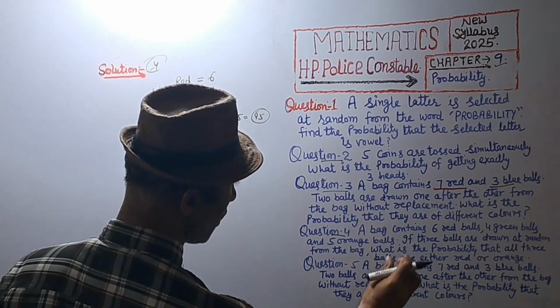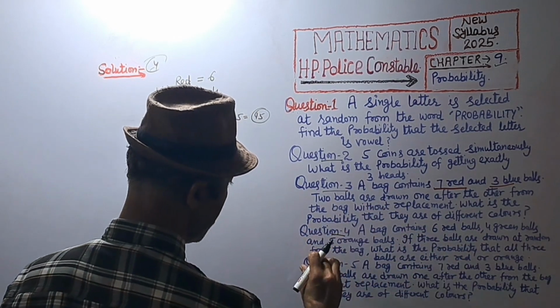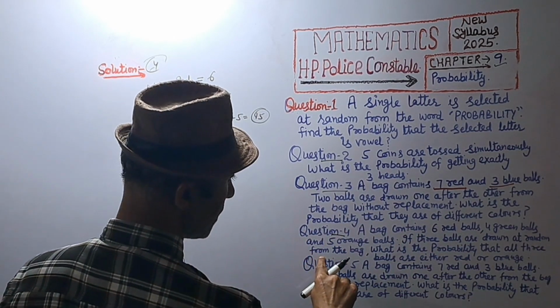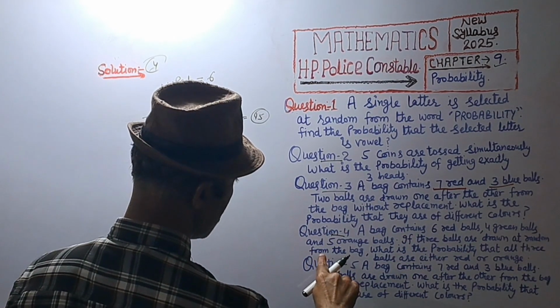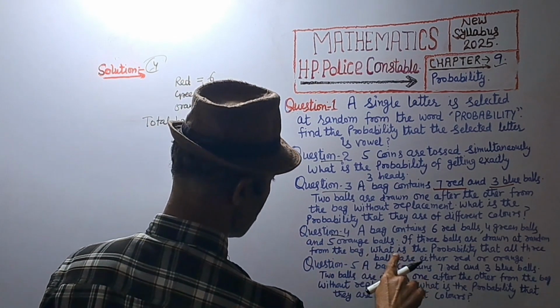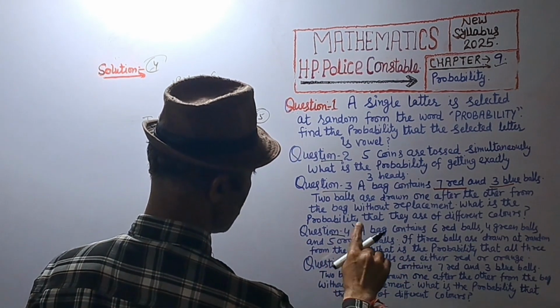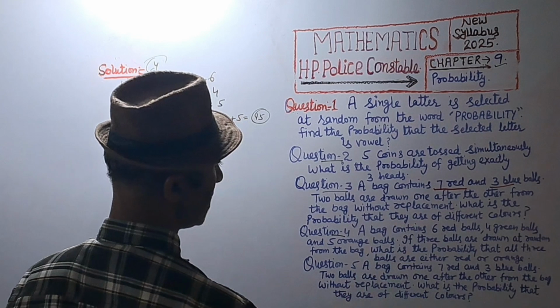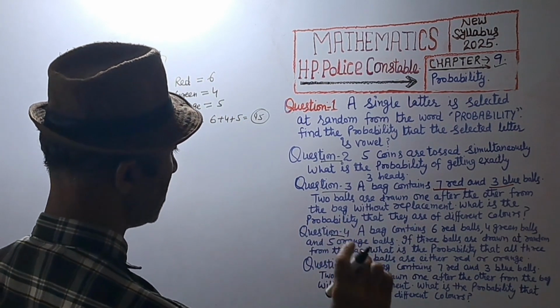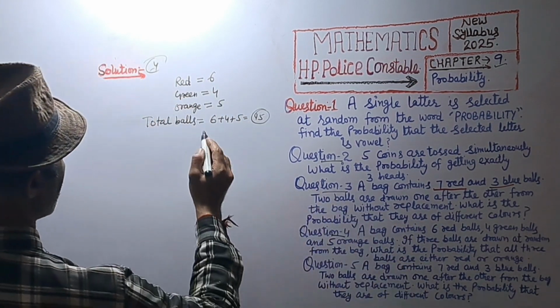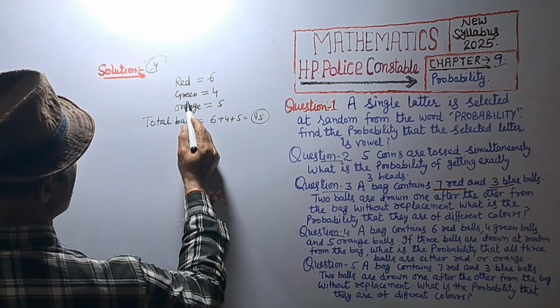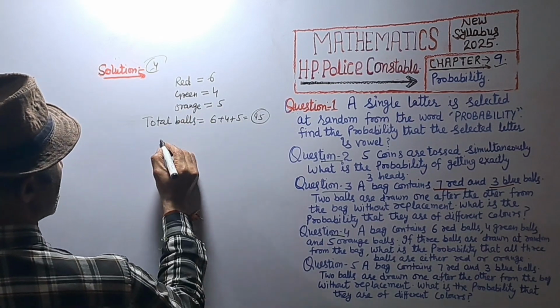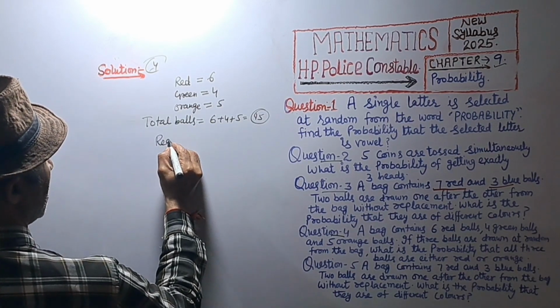And if 3 balls are drawn at random from the bag, what is the probability that all 3 balls are either red or orange? Red or orange. So the required probability